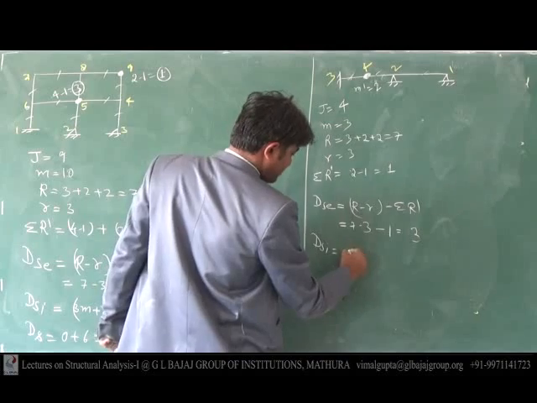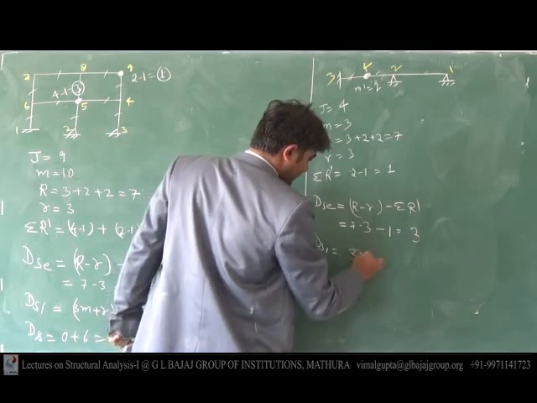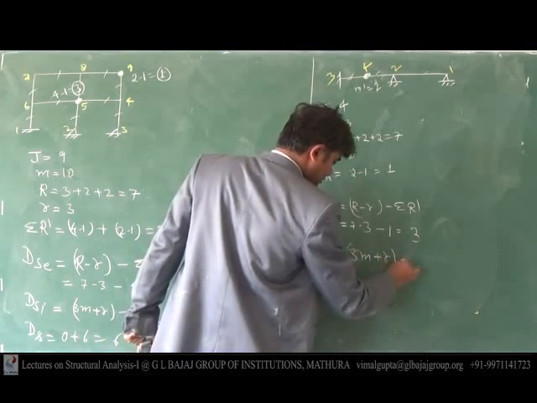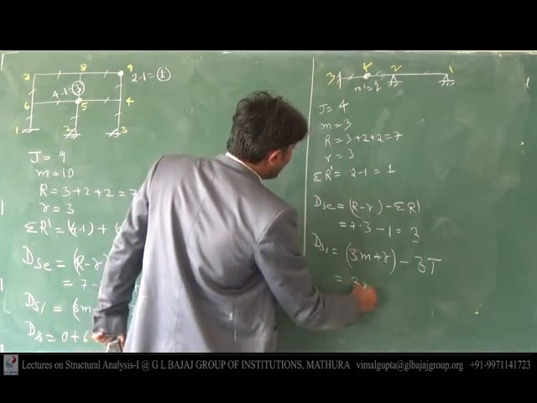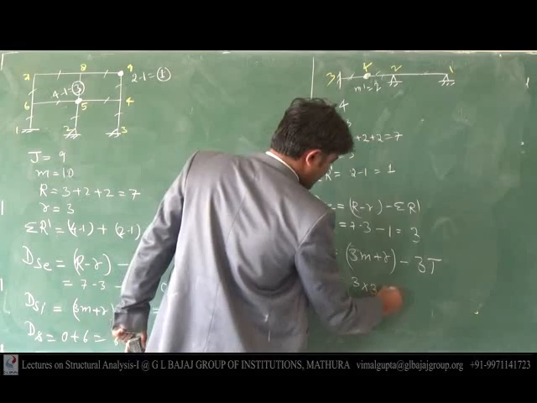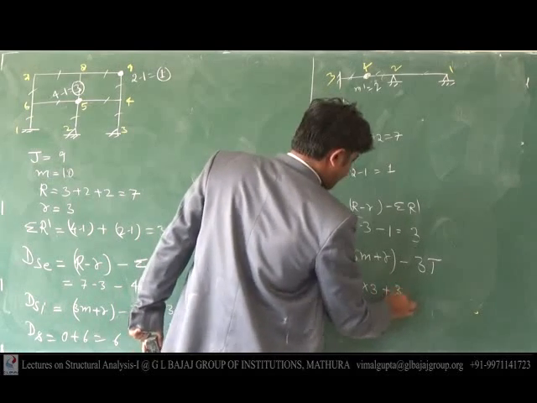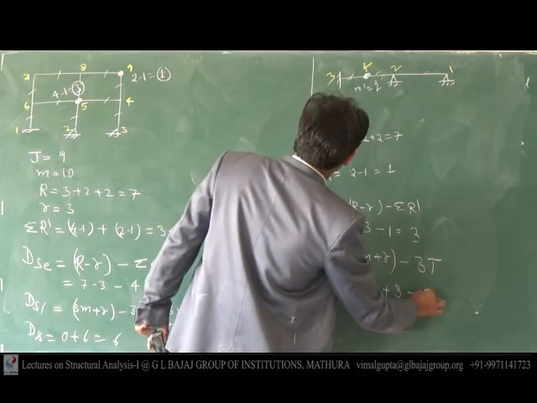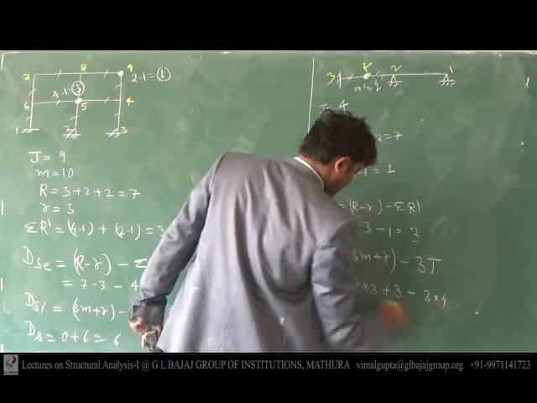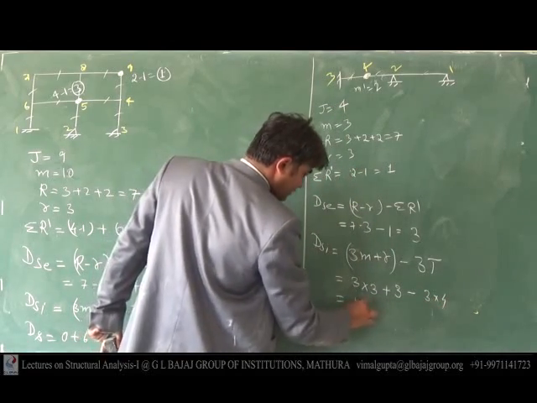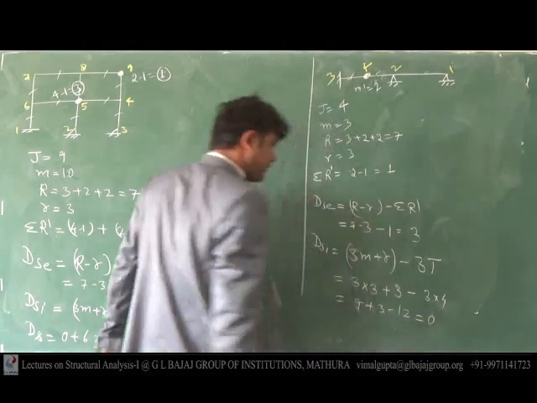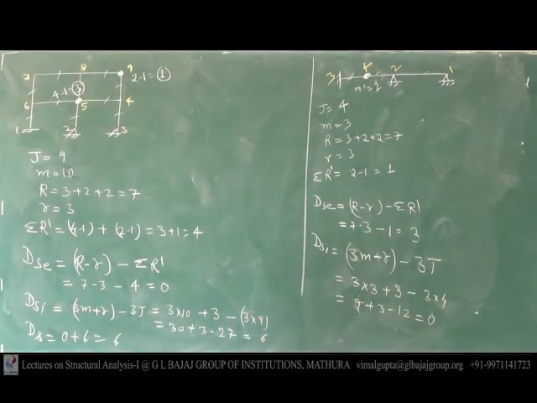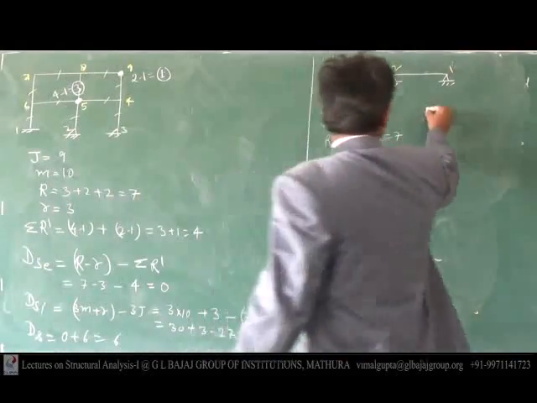How much? 3m plus small r minus 3j. 3m, 3 into m is 3, plus r is 3, minus 3j, 3 into 4, so 9, 9 plus 3 minus 12, 0. ओके, हाँ, नोट करके लिख लें,